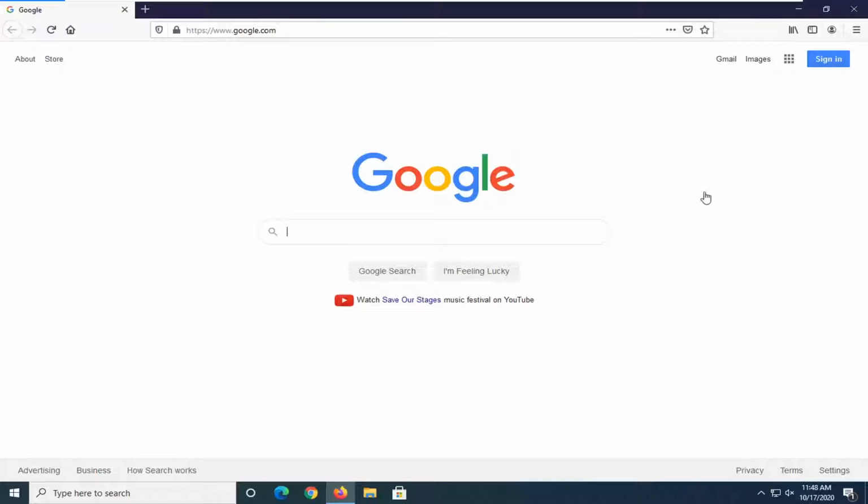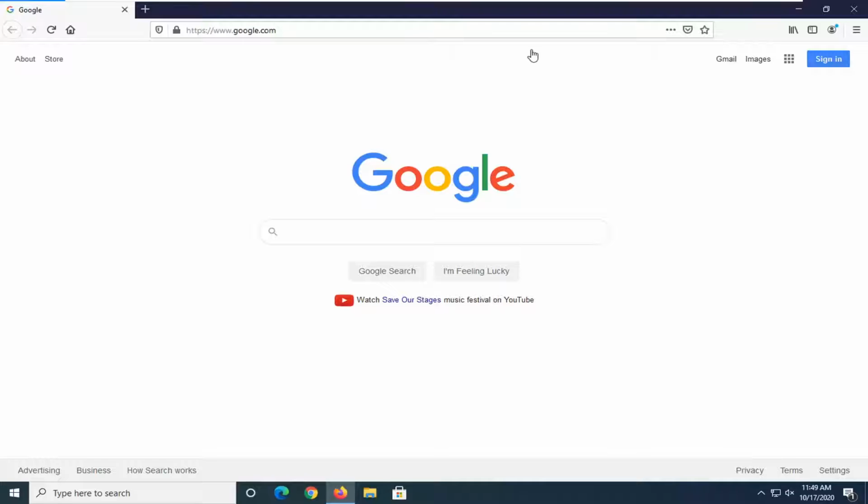In today's tutorial, I'm going to show you guys how to change the address bar search engine on your Mozilla Firefox web browser. So this should be a pretty straightforward tutorial, and without further ado, let's go ahead and jump right into it. So we're going to start off by opening up Firefox if it's not already open, and you